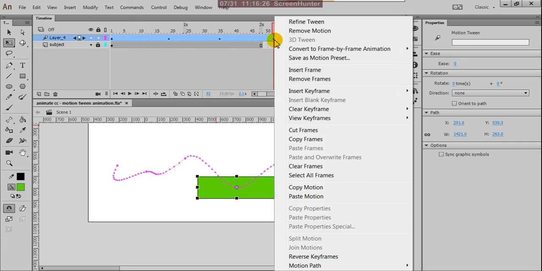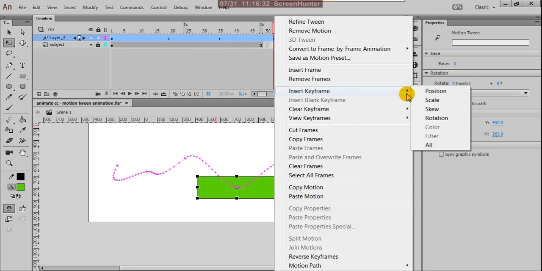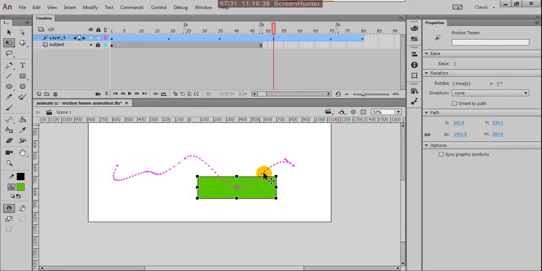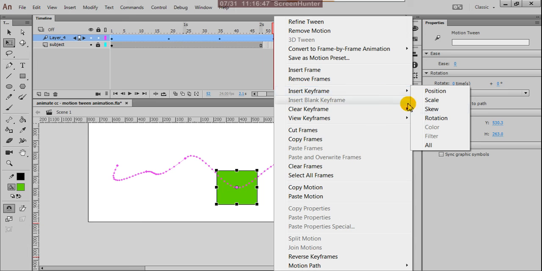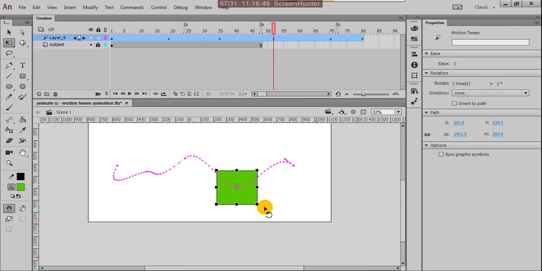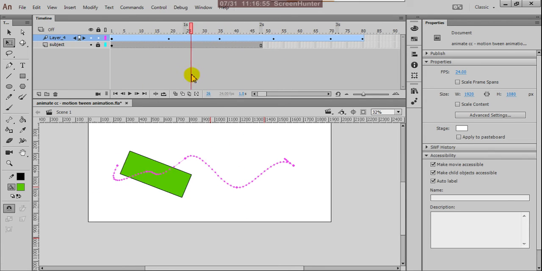Suppose here right click and suppose keyframe, and suppose here the scale, scale is increasing, changing shape. At the same time right click here and suppose rotation, you give the rotation of that. Now if you observe that,